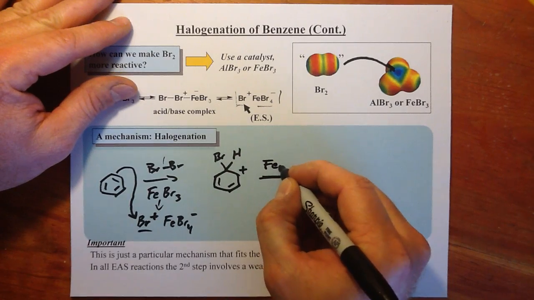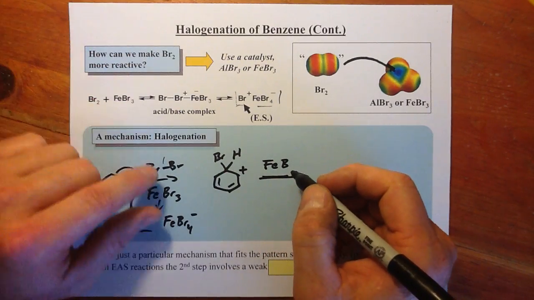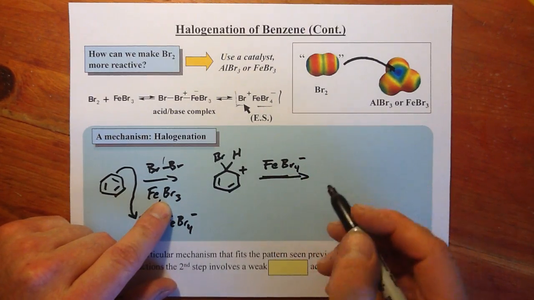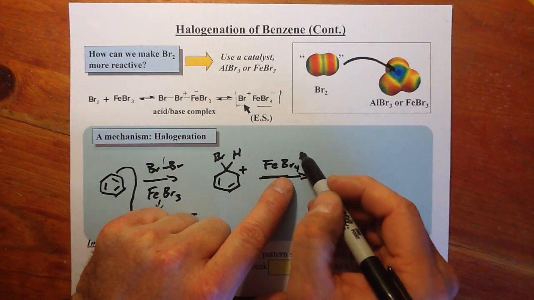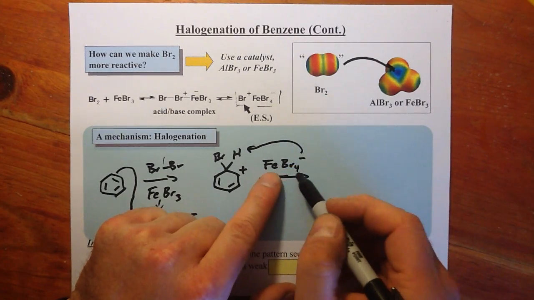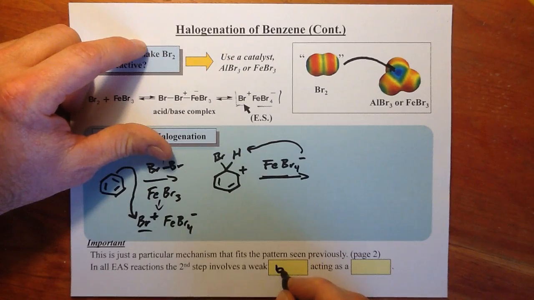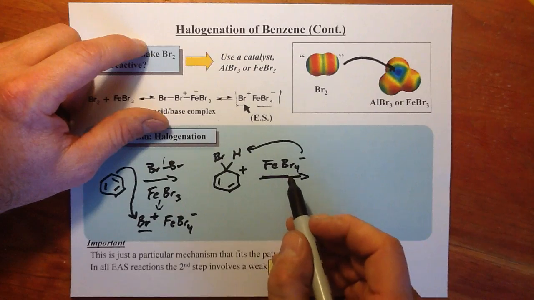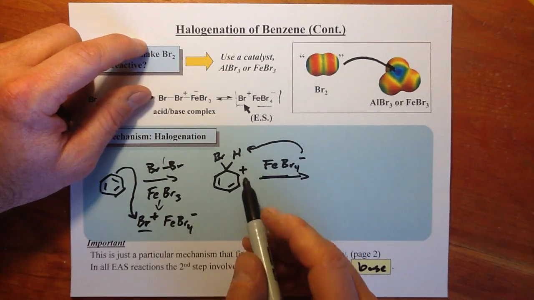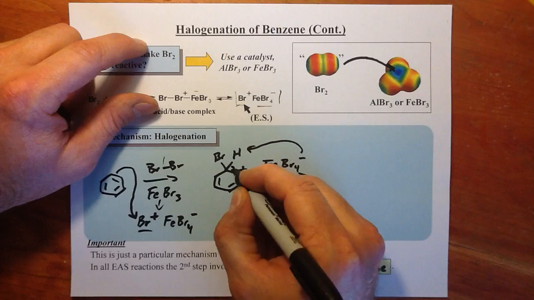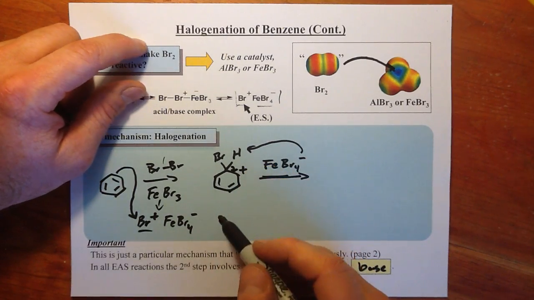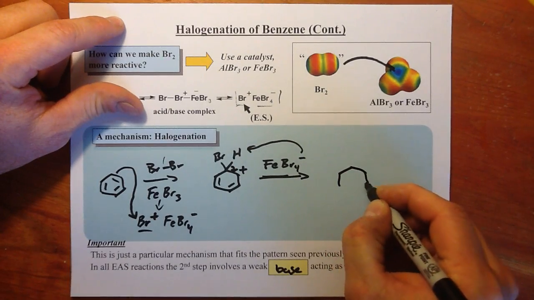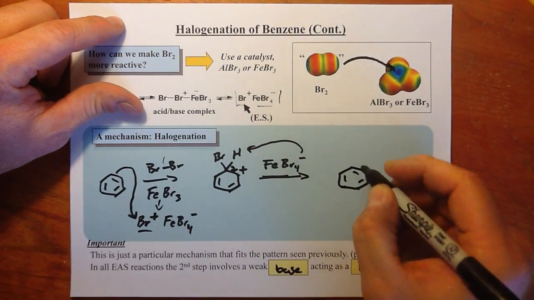Now, how do we finish it? Well, we don't have water present. You can't have water present with these Lewis acids. But we have FeBr4 minus. What we're going to do is treat this as a weak base. This weak base is coming in and acting as a base. We're not going to put this bromide on the carbon. That would give us addition. We're going to attack the acidic proton in this very acidic sigma complex and reestablish aromaticity,